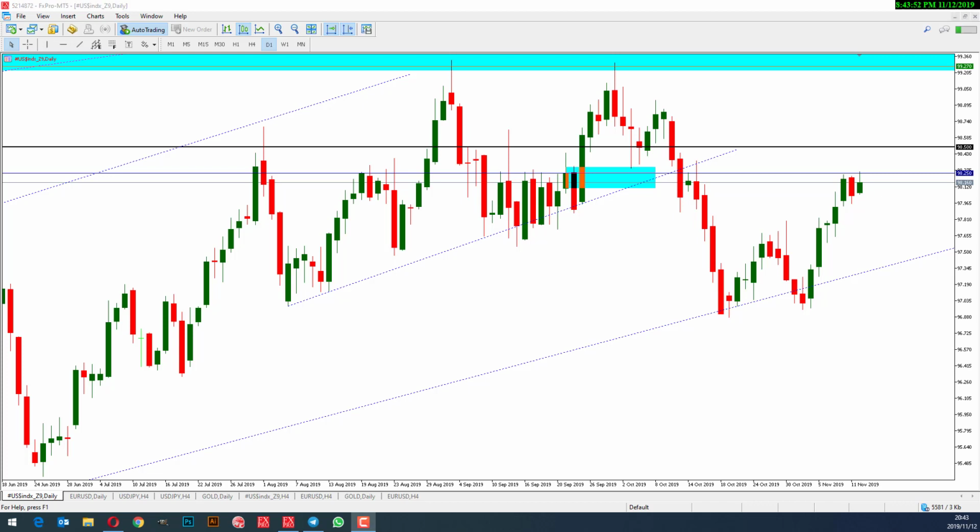So as you can see on the chart, we had a rally into 98,250 on Friday. Price rallied into 98,250, of which, if you remember correctly, 98,250 is a strong pivot point on